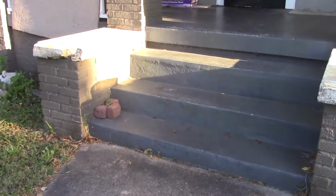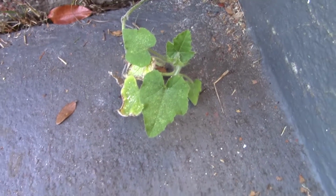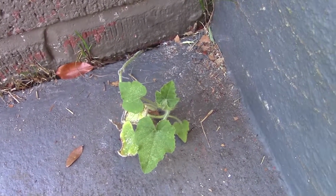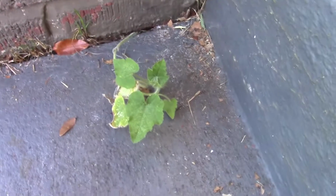So on the front steps of the house, I noticed growing from the cracks is a little vine. I don't know if that's watermelon or pumpkin. Probably pumpkin, because we've carved pumpkins on these steps in previous Halloweens. So I'm thinking a pumpkin seed fell down in that crack, and this little vine